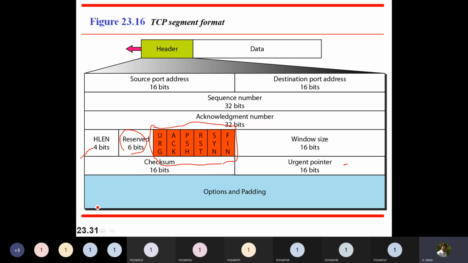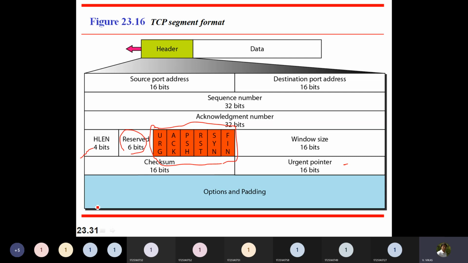Next thing is acknowledgement. In the data link layer, we discussed piggybacking. That means along with the data we are sending, we attach an acknowledgement so that we are not wasting network resources.